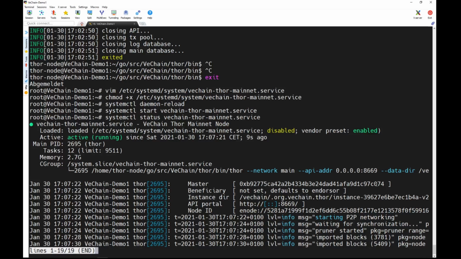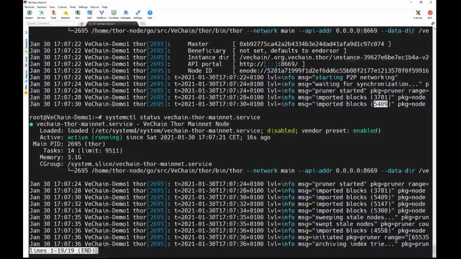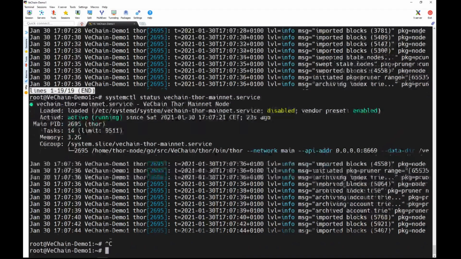And we can see it's already running, and we can see we're now importing 5,000 blocks at once. At this rate, we're getting to a synchronized state very fast. Okay, that's good. And now we can check